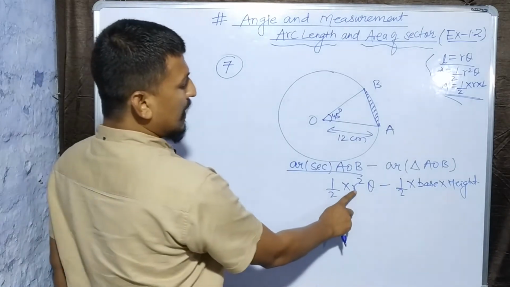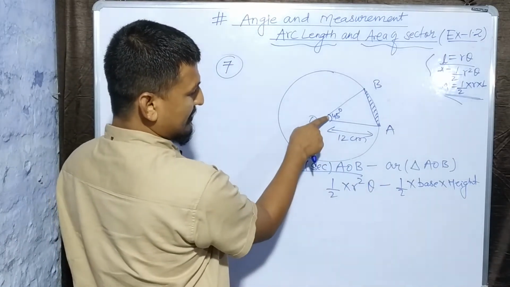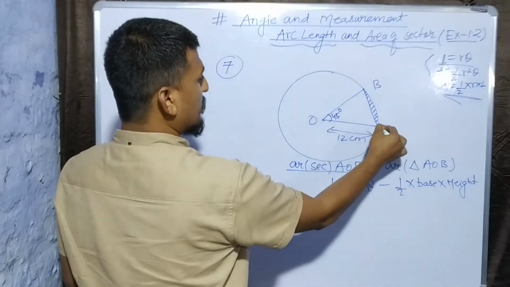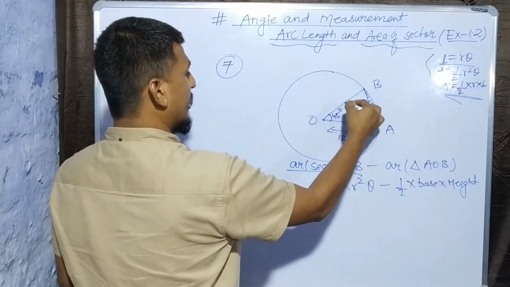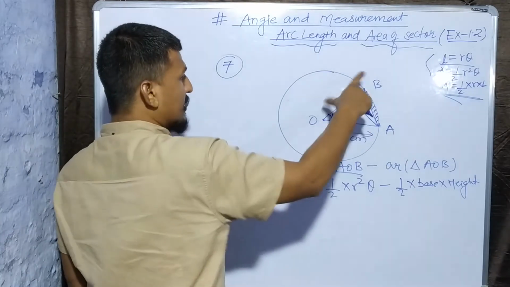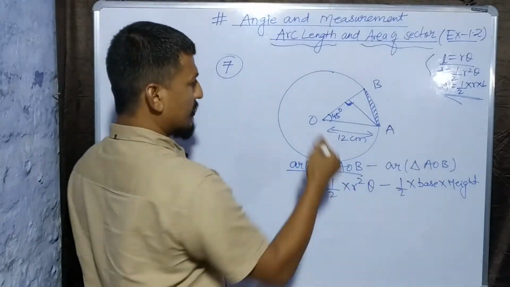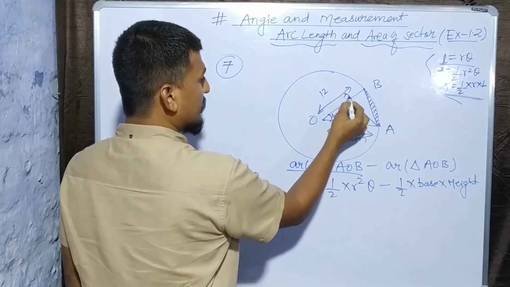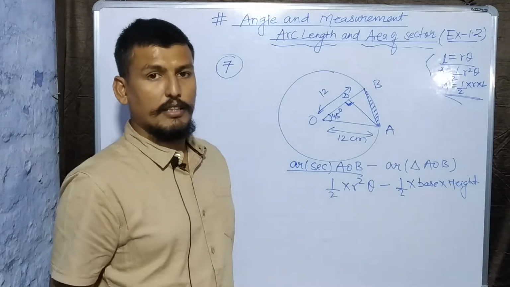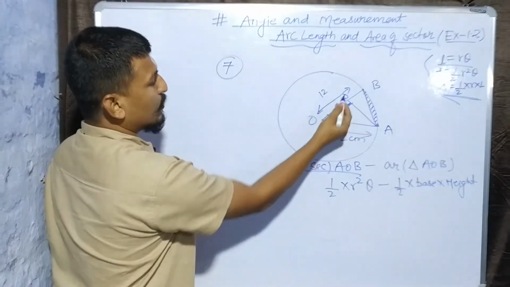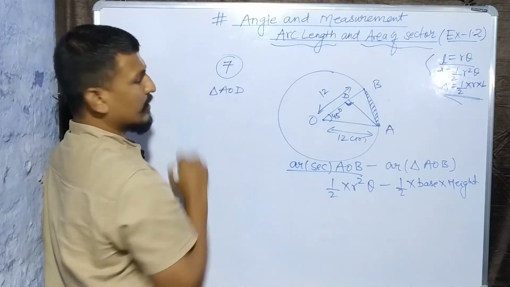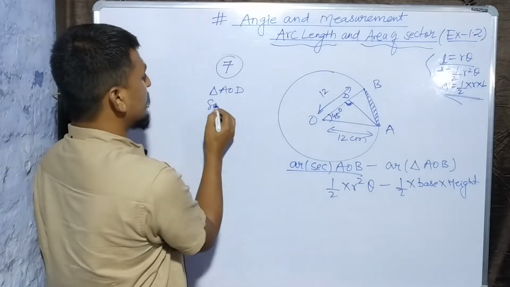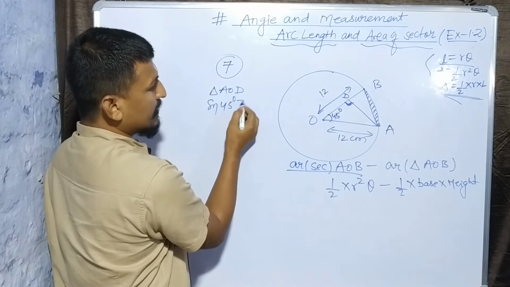Now what we have to do? R is given, theta is given. Fine. Base is given in triangle AOB. If I draw a perpendicular here, then this becomes the height and OB becomes the base, which is 12. Suppose this one is AD. So AD will be the height of the triangle, right? Now we have a right angle triangle AOD. In a right angle triangle, take sine theta. If I take sine 45 degree,